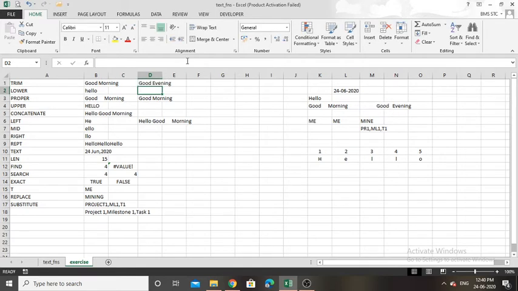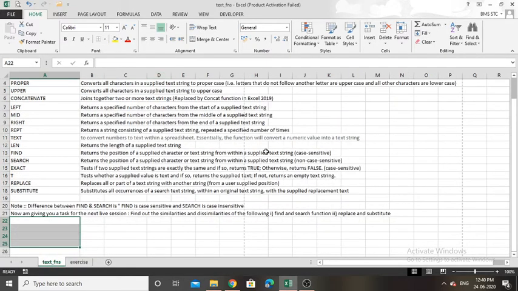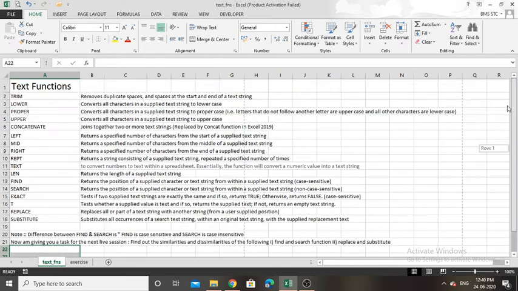So this resulted in a clean good evening without any unwanted spaces. So this is what the trim function does: it removes all the unwanted spaces at the start or in the middle or at the end of a string.